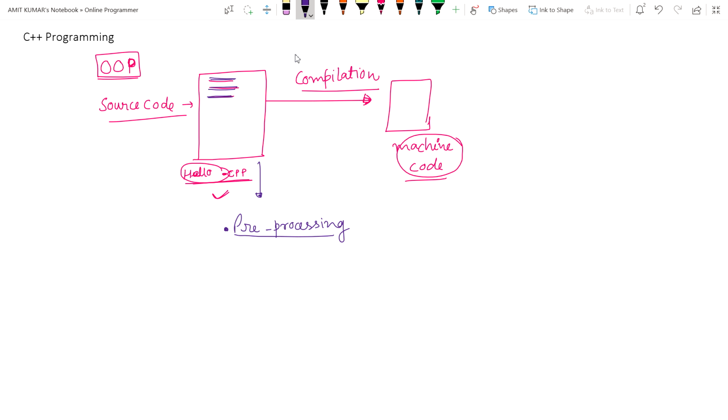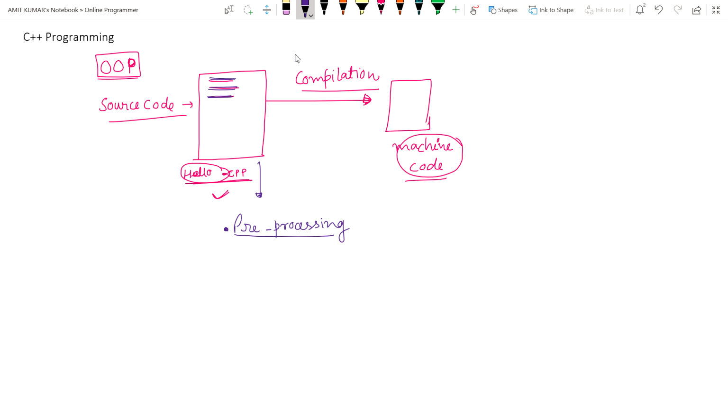So in pre-processing, what does the preprocessor do? Think of the preprocessor as a program for now. This program takes the definitions of all those functions that we are using and creates an expanded version of our source code.